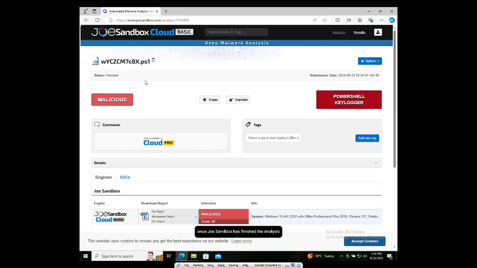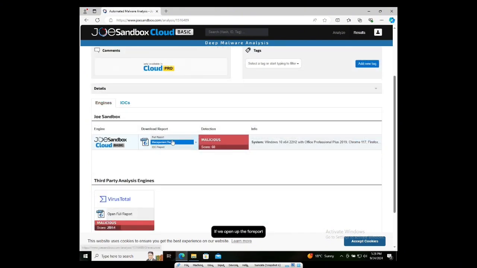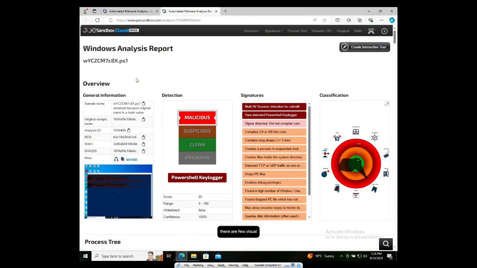Once JoeSandbox has finished the analysis, we can see a few different pieces of information. It has classed the executable as malicious. It's given it the tags of Trojan and exploiter, and has also defined it as a PowerShell keylogger. If we open up the full report, there are a few visual and graphical pieces of information that are key